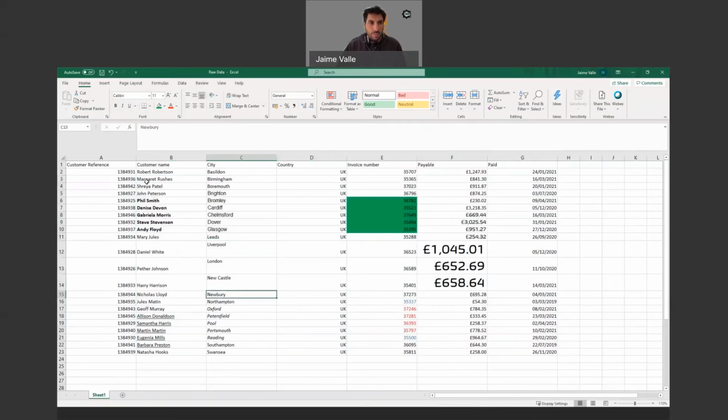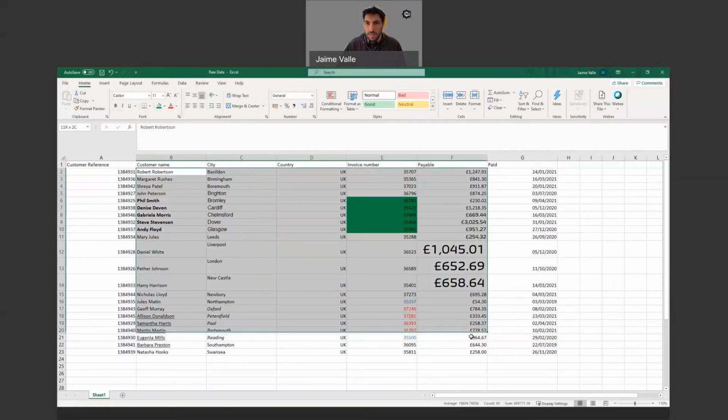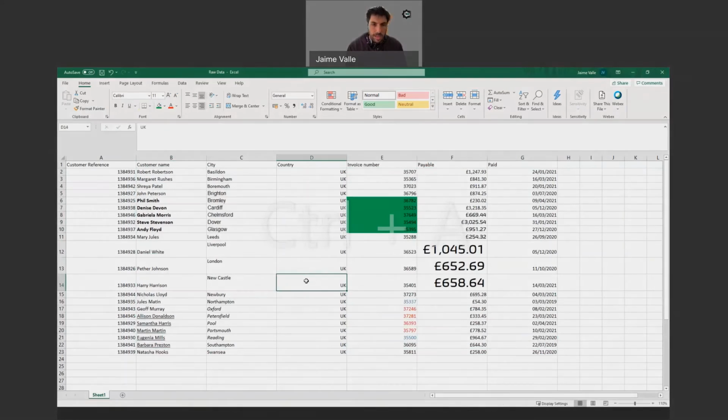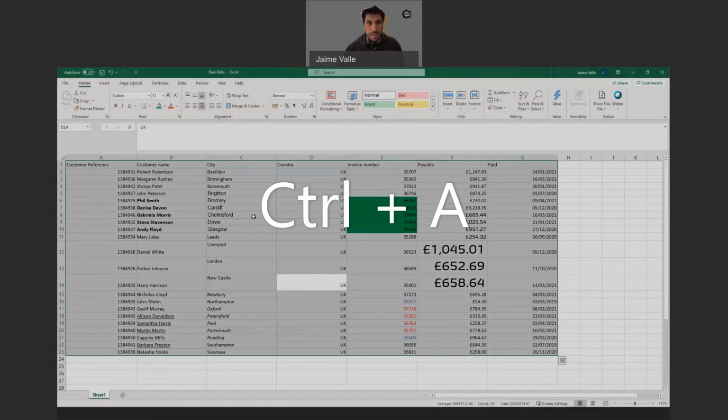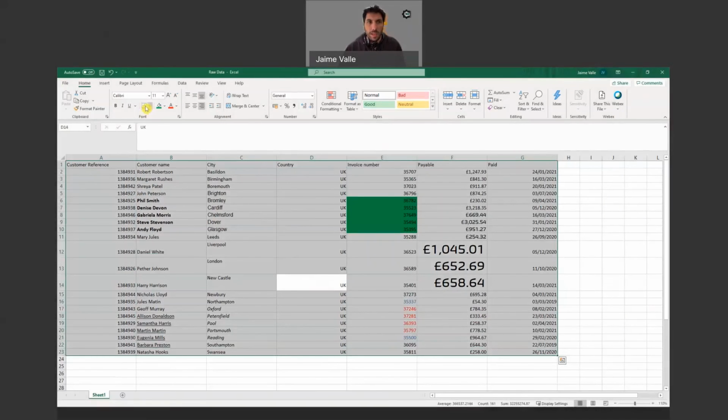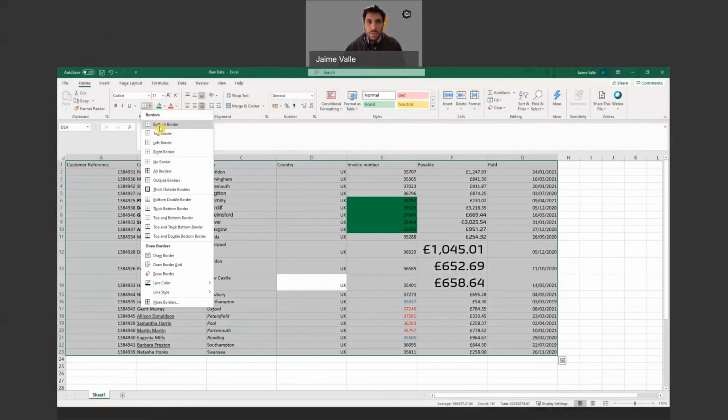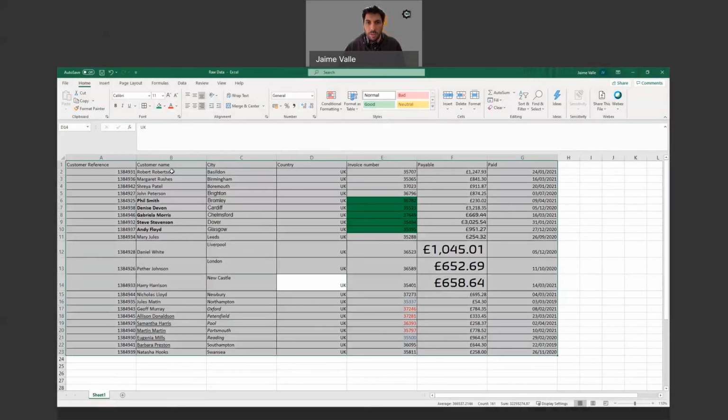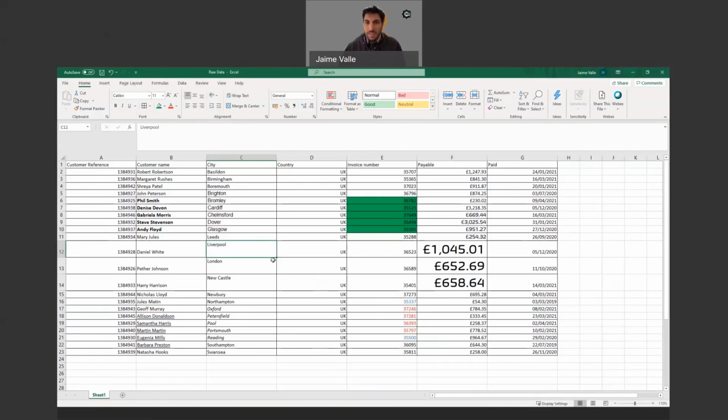Just for fun, I'm going to select my table. Do you remember how to do that? I hit Control A and select everything. With this button here, I can select which borders I want to be visible: only the one at the bottom, the one on the top, on the left, on the right, none of them, or all of them. That's the selection I'm going to make: All Borders. If I click here, you see it's drawing a line between all the cells. That's it.